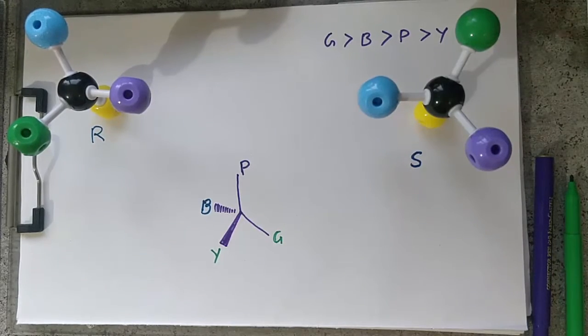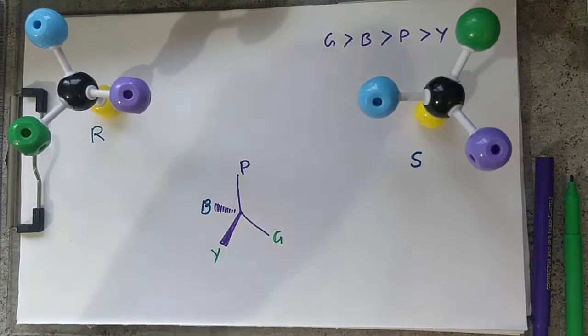Now suppose the diagram which is given to you in 2D is like this. What we see here is we wanted the one with the lowest priority to be at the back, but at the back there is blue, which should have been in the front or in one of these three places, and the yellow one should have been there, right? So now we know one more thing, that this configuration will belong to either R or S. There is no third configuration for that, right?